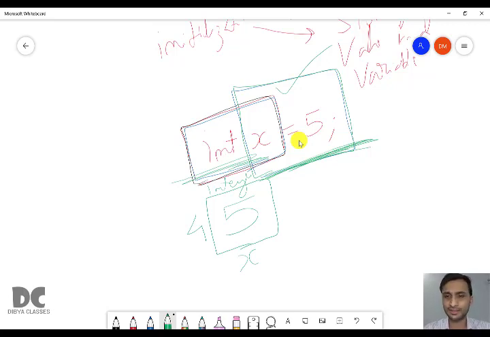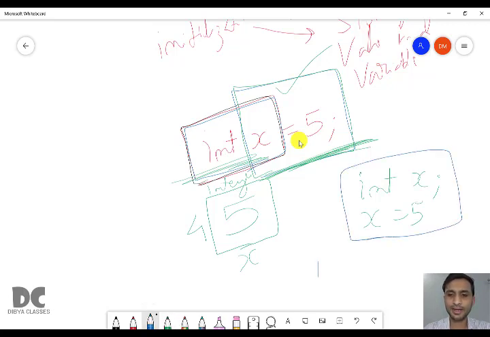We can also write it like this: int x, and then x equal to 5. This is also fine. A student may write int x equal to 5 directly, or another student can write first int x semicolon, then again x equal to 5 semicolon.